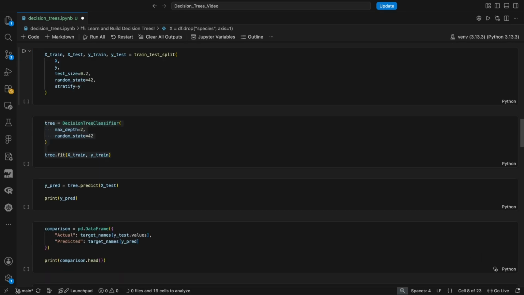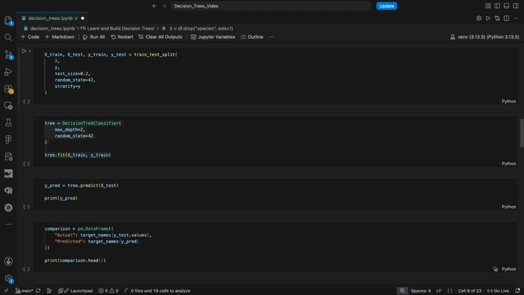Now, we split the data into training and testing sets. Here we have x train, x test, y train, and y test. The training set here is used to teach the model. That's how the model is learning. The testing set is held back so we can evaluate the model on examples that our model did not see during training. We've set the argument test size to 0.2, which means that 20% of the data goes into the